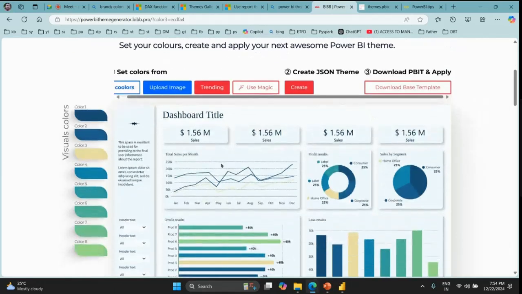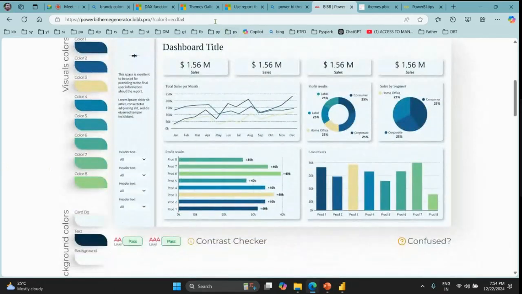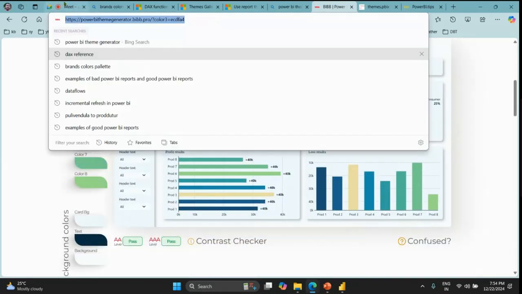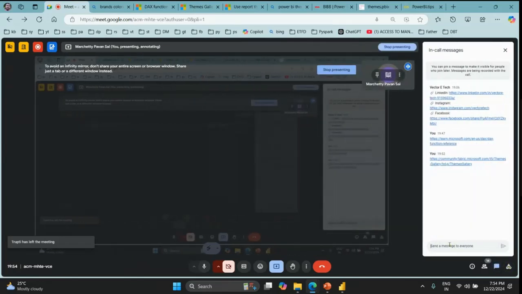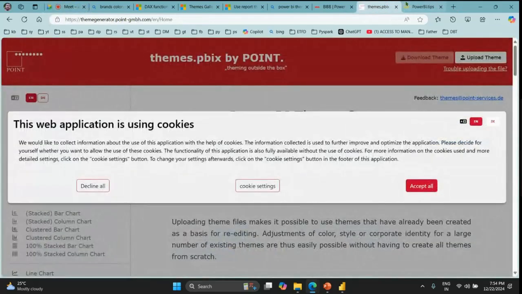This is the simple procedure. You can just try to play with it, right? This is something called theme generator, right? I'll just paste the link. And here we have something called